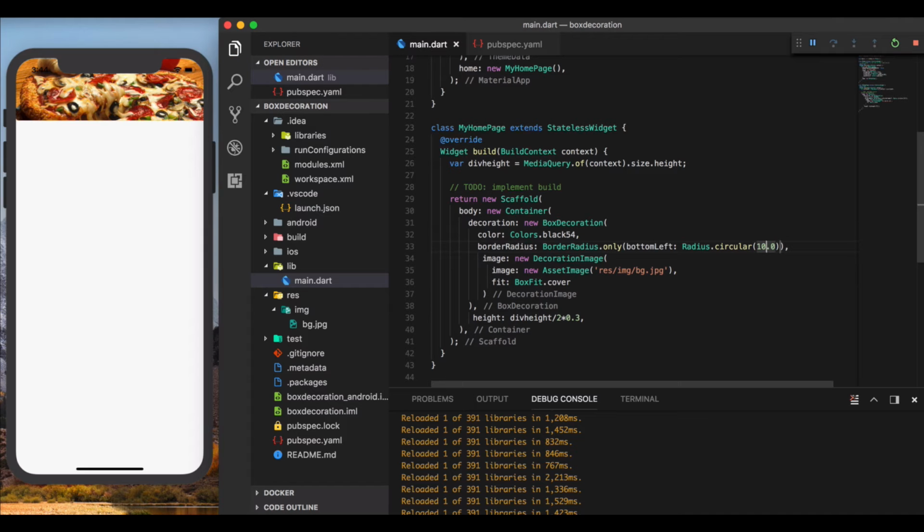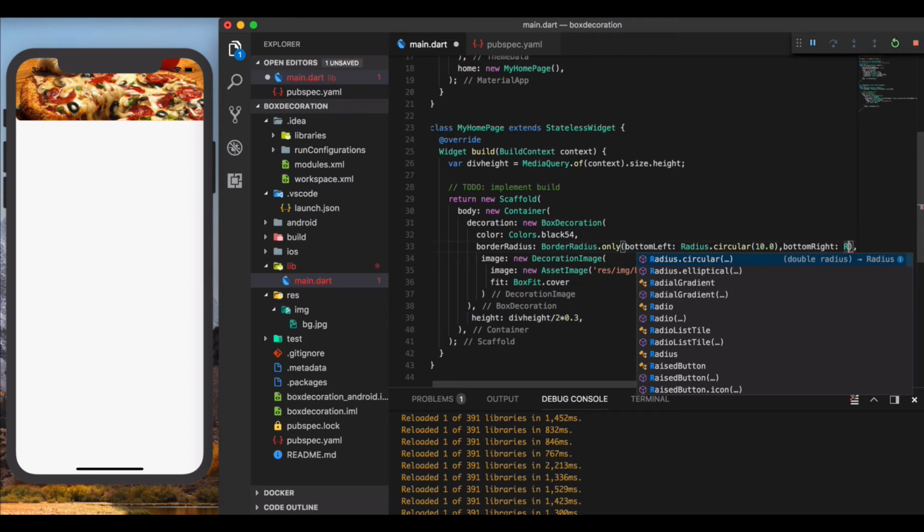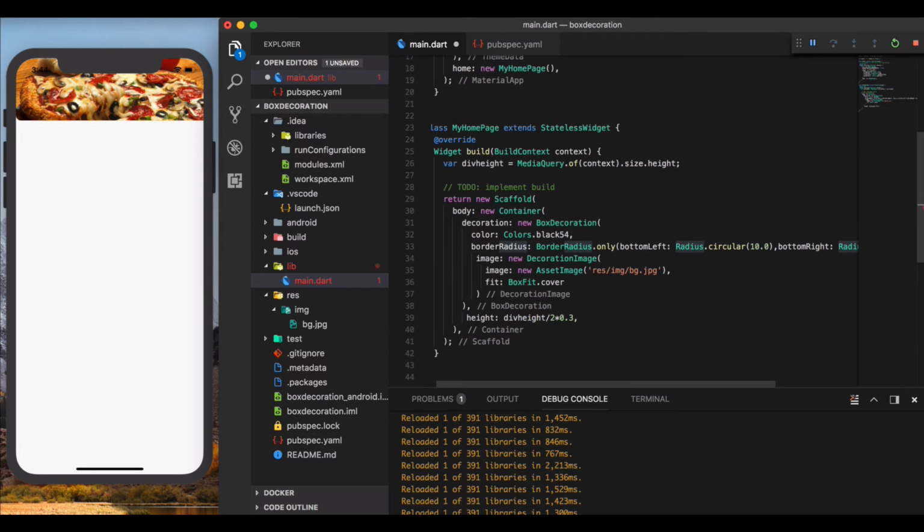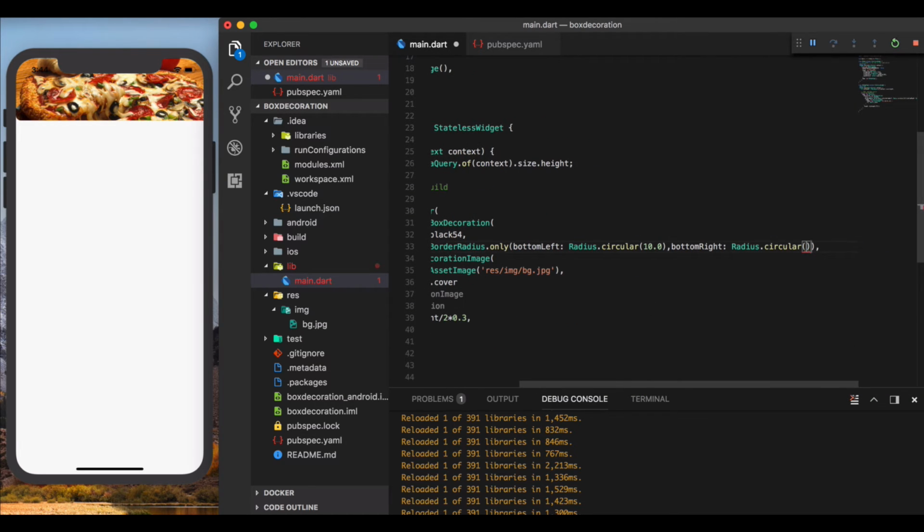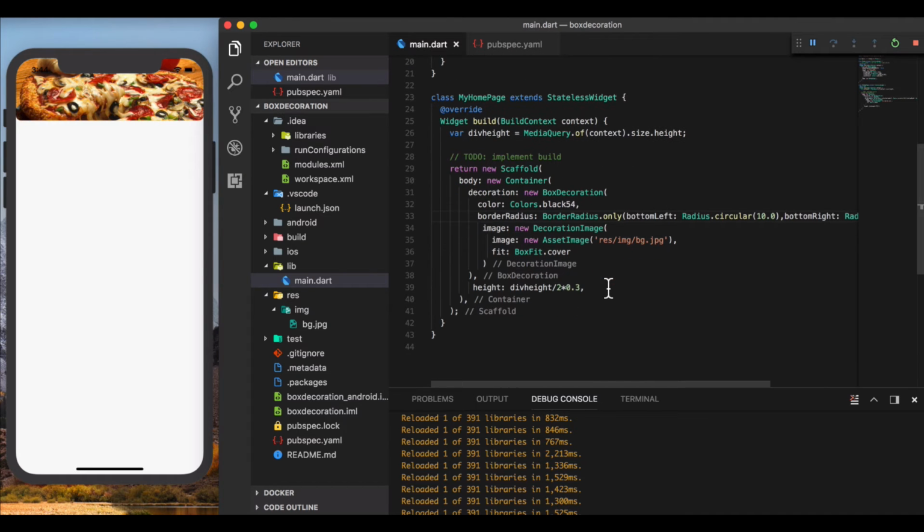And the left bottom is done, but we need to do the same thing with the bottom right. So we'll just apply the same thing using a radius dot circular, and we'll give over here as 10.0. So we got a beautiful curve over here. Okay, now the missing thing is